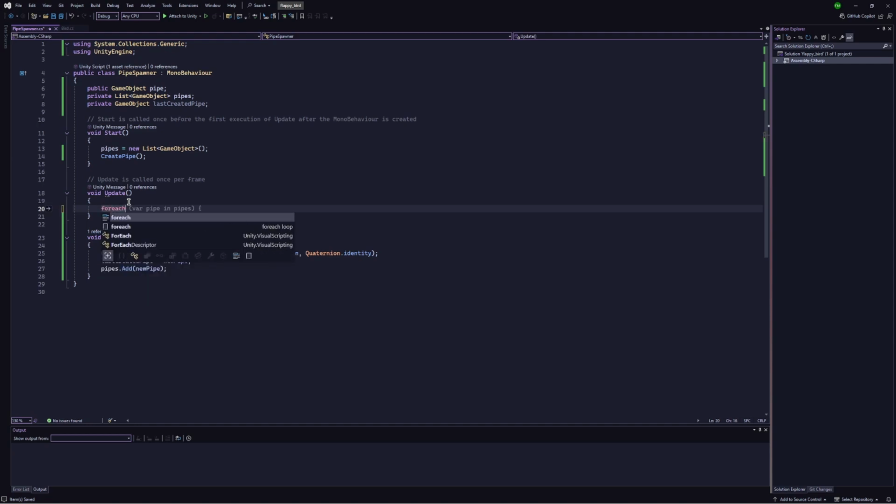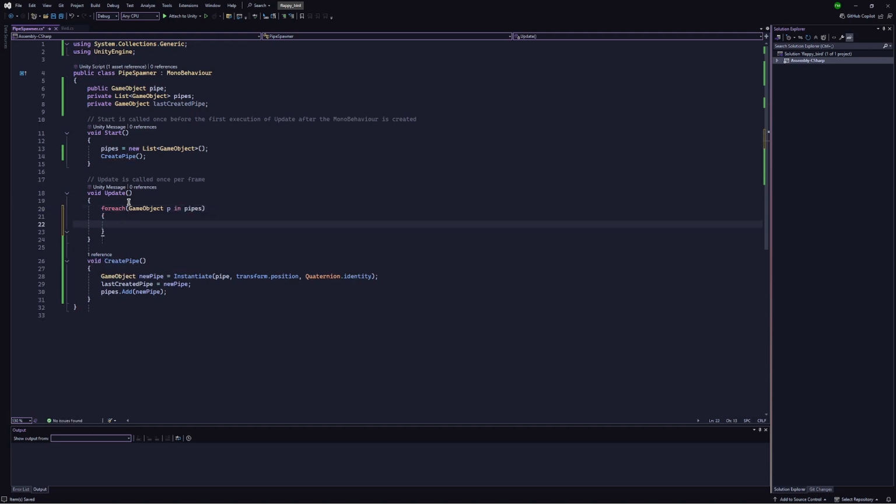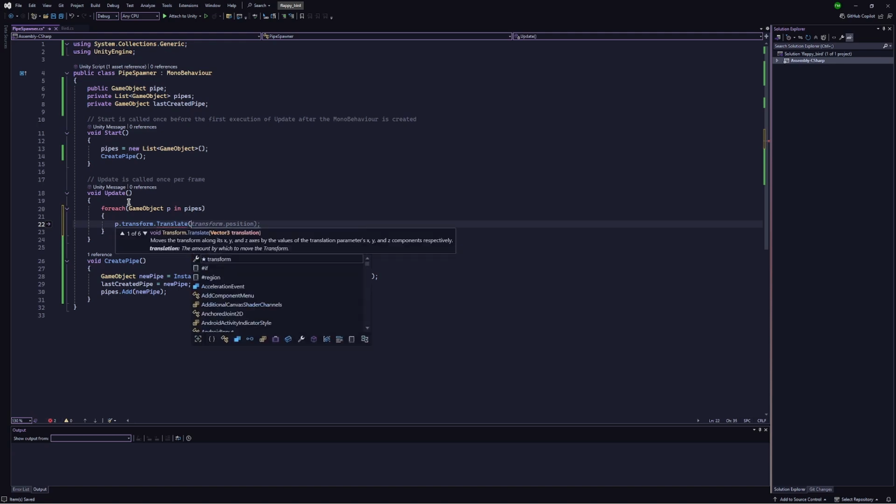So for each game object P in pipes, we're going to go P dot transform dot translate, which moves things. We're going to move it Vector3 dot left